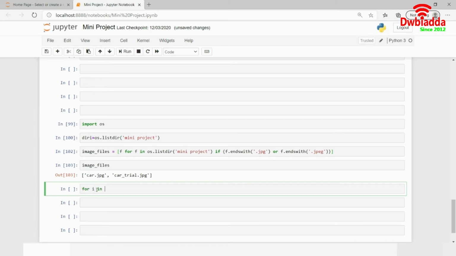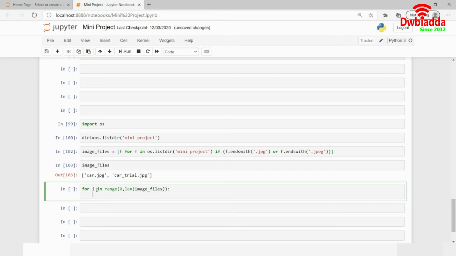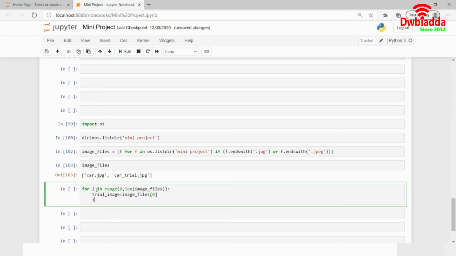For i in range 0 to len of image_files, first let me write trial image equals image_files of i, and then img is cv2.imread of trial image.